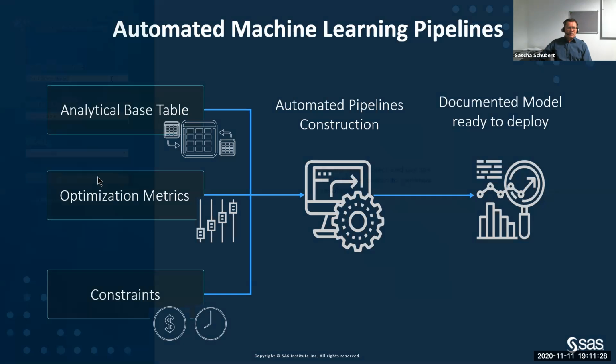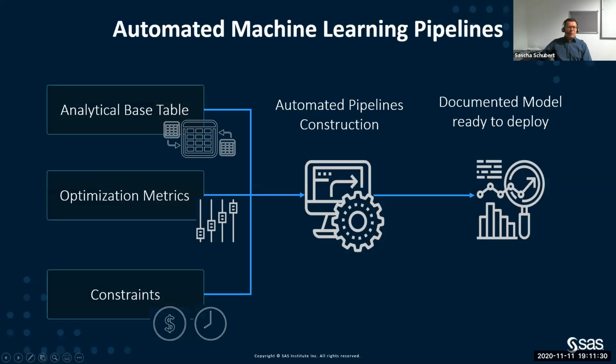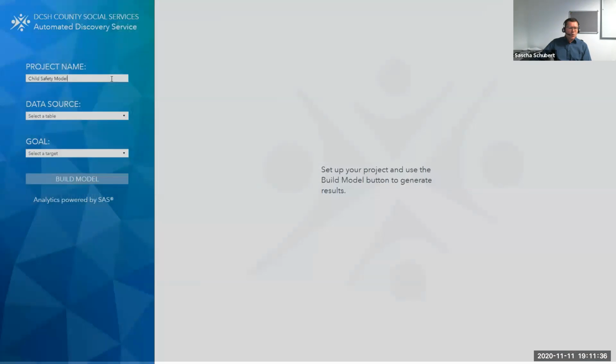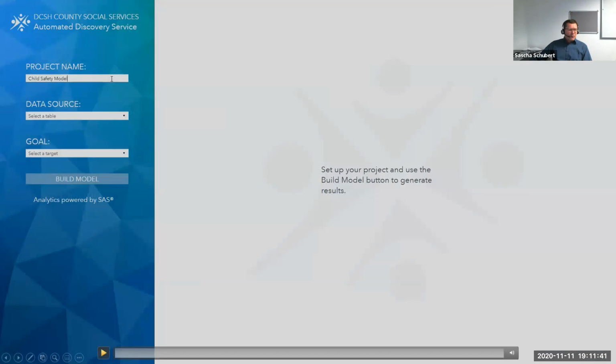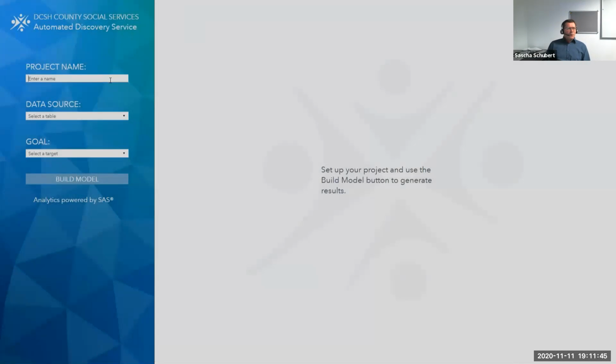and should not be thrown away, but maybe used for champion-challenger modeling approaches. And again, as I said in the beginning, this is not a black box. This is something that you can open and customize and improve with your own insights. I just want to show here a quick demonstration of an example of such an automated pipeline that could be built with automation tools.